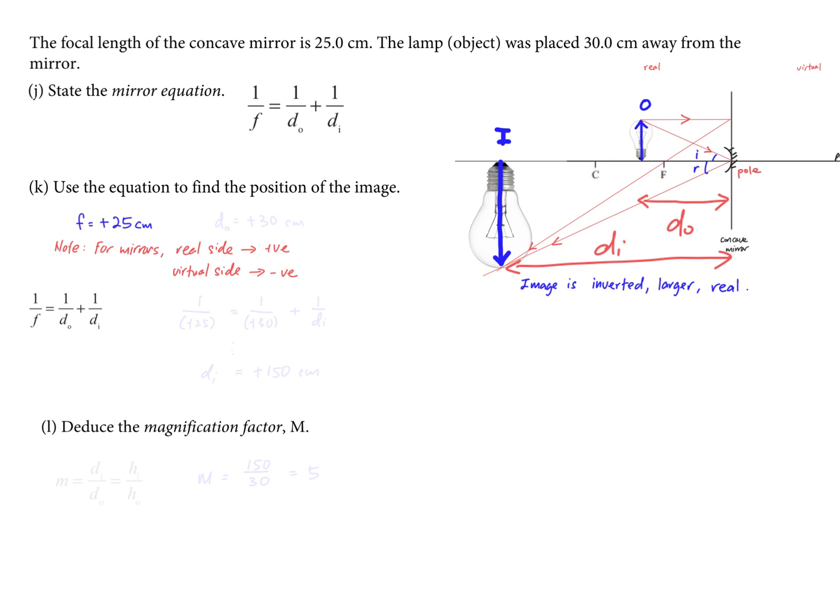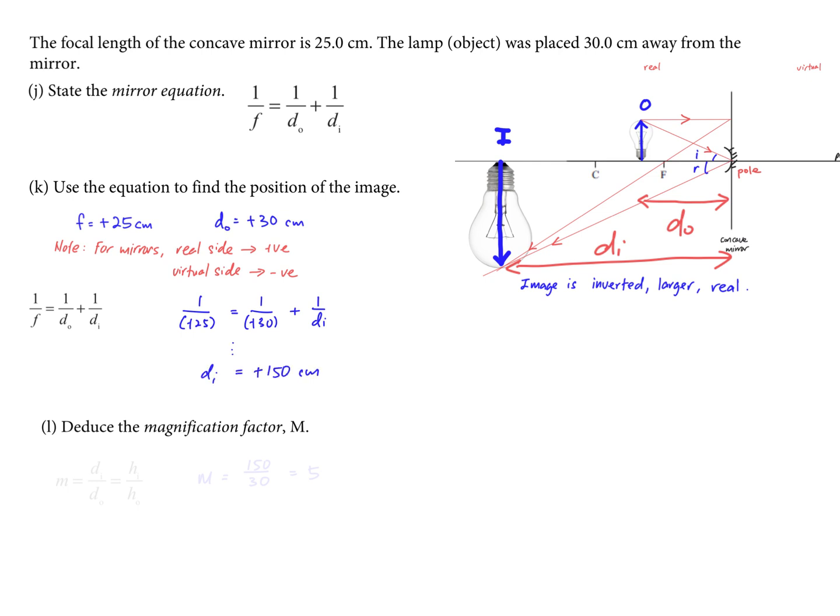Okay, so in this case it's given that the object distance is plus 30 centimeters because it's on the real side, obviously. And if we include the numbers into the formula or the equation, so 1 over plus 25 is equal to 1 over plus 30 plus 1 over di, and we need to rearrange the equation. So if you do it right, you should get di, or the distance of the image from the mirror, will